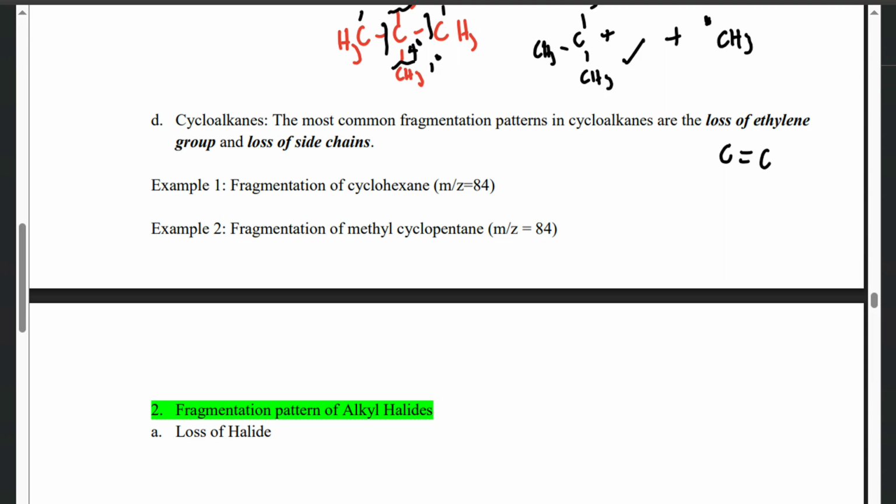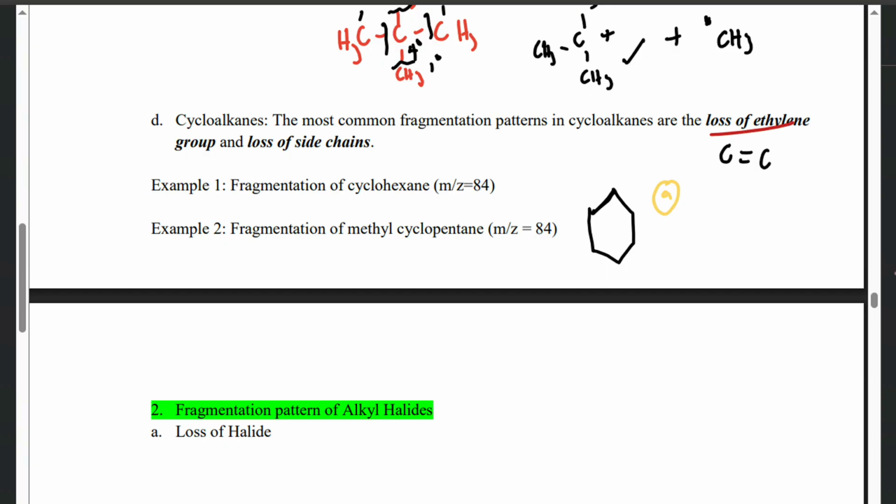So the fragmentation of cyclohexane. So this is cyclohexane, 2, 3, 4, 5, 6, right? So in the fragmentation of cyclohexane, 2 things occur. You just need to note that. So you try to know it often. In the fragmentation of cyclohexane, the first thing we have